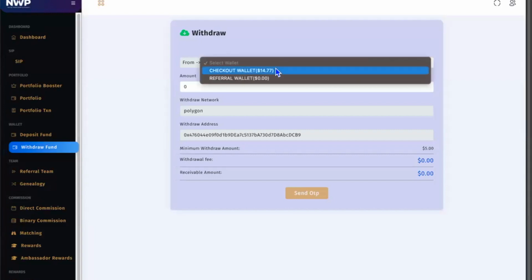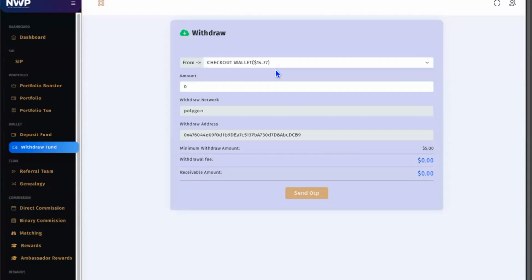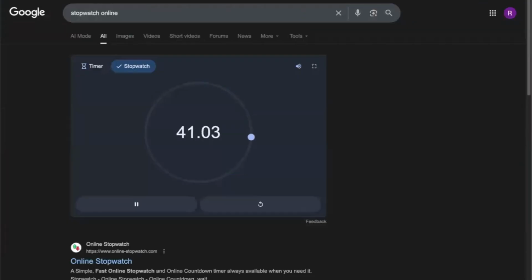Go to the checkout wallet. There's 14.77. NWP allows us to take everything but 1 cent, so we're going to take $14.76. And we confirm that our withdrawal address is correct. Let's go to our SafePower wallet,